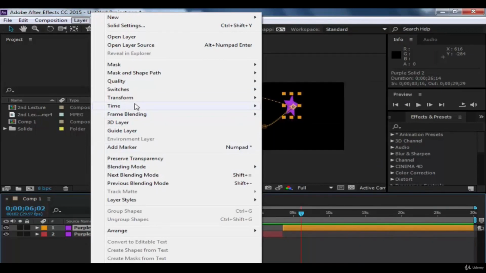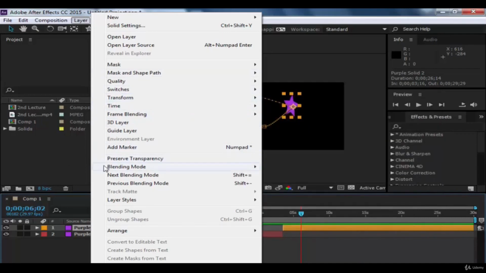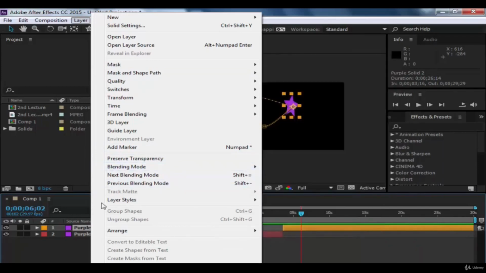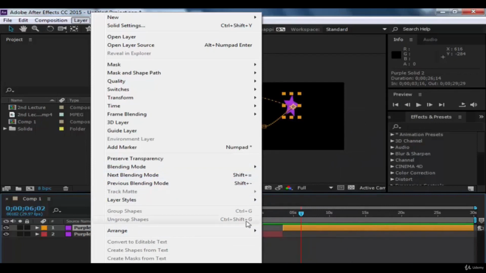And this one is also for slow motion. This just transforms the layers, and you can just add a marker. These are blending modes. You can add saturation and hue and play with the color, and you can just bring that layer to front and arrange it, and you can just pre-compose the layer to